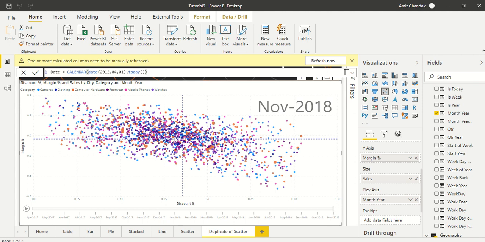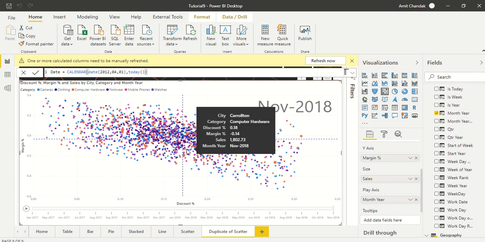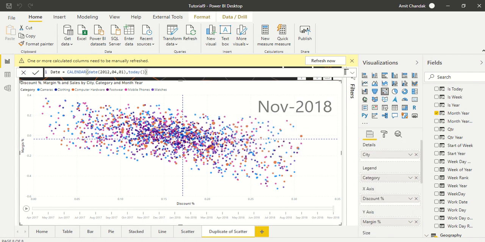You can actually have conditional formatting. If you are only taking the details, you can have conditional formatting, which is basically putting all these four quadrants into different colors by creating measures like margin greater than the average margin, overall margin, and all those. So just go ahead and play around with this.